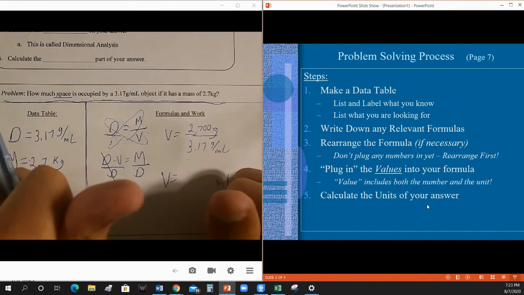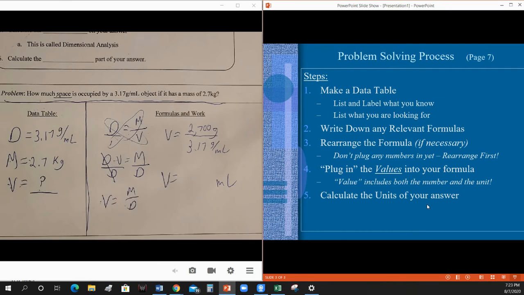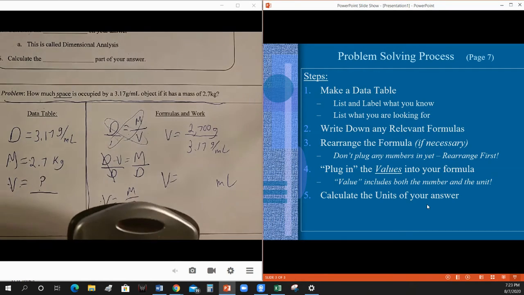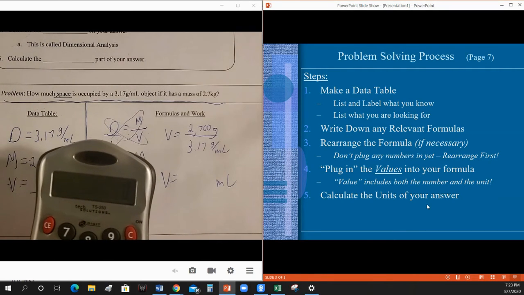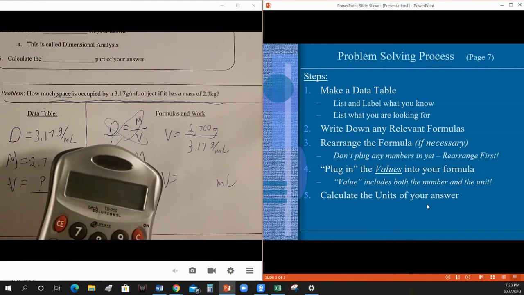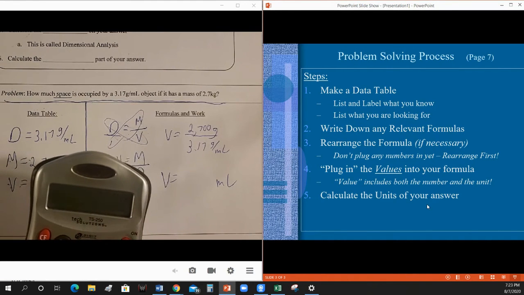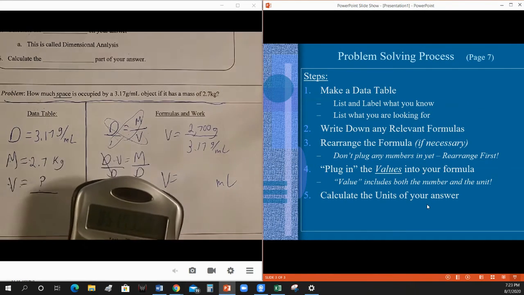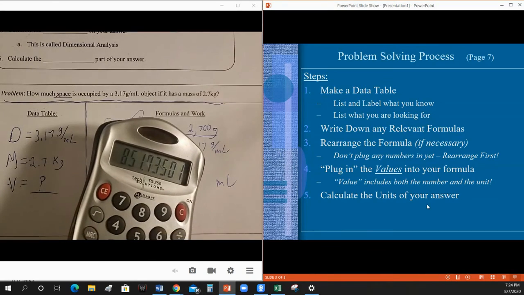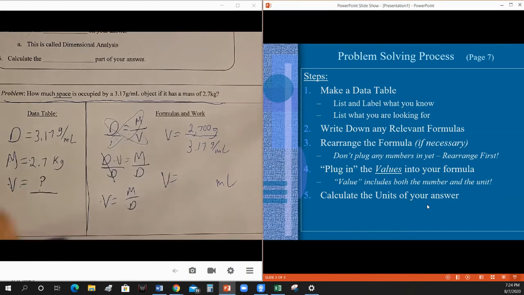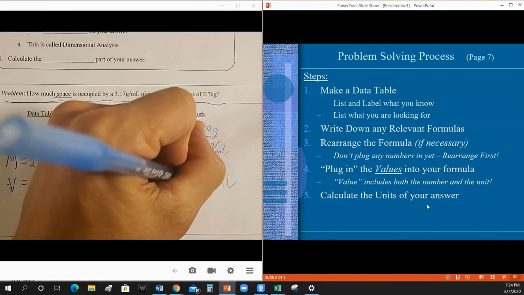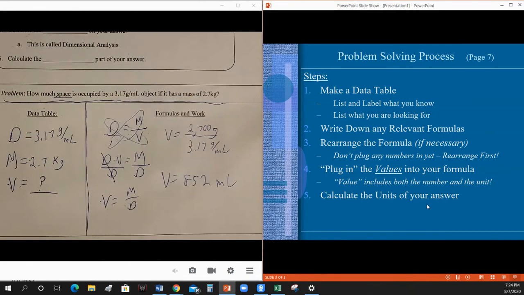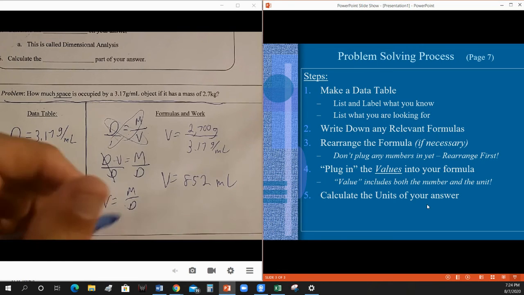We've got double thumbs up here. Our units are set up. So now we're ready to just pick up our calculator and take our 2,700 and divide that by our 3.17. And we'll deal with the issue of how to know where to round to later on. Your calculator gives you this big monster long answer. I'm going to round that just to 852. That is a good question that we will deal with something called significant figures, but that's how we got the